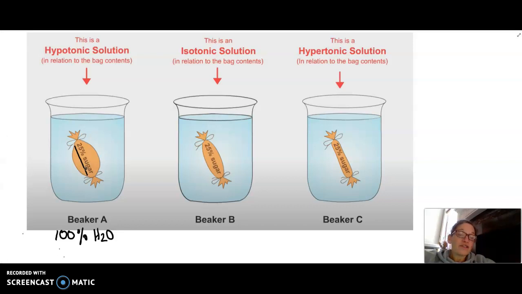And I know that water is going to move from where there's more water. 100% water is more water than 75% water. And so I can tell that this bag has gotten bigger. If you look at the three bags, this is the biggest bag, right? Well, why is it bigger? Because it's in a hypotonic solution. It's in a solution that has more water. So if there's 100% water out here,